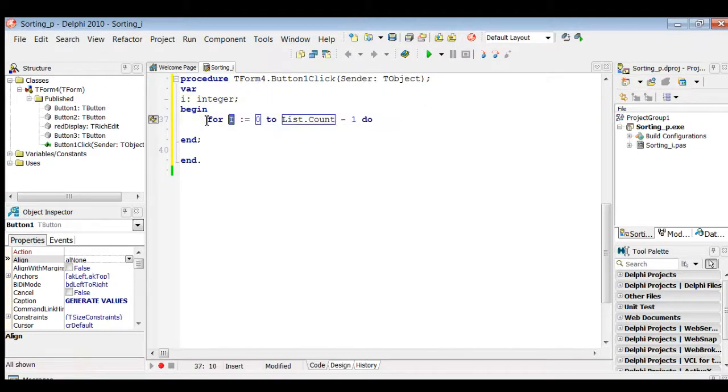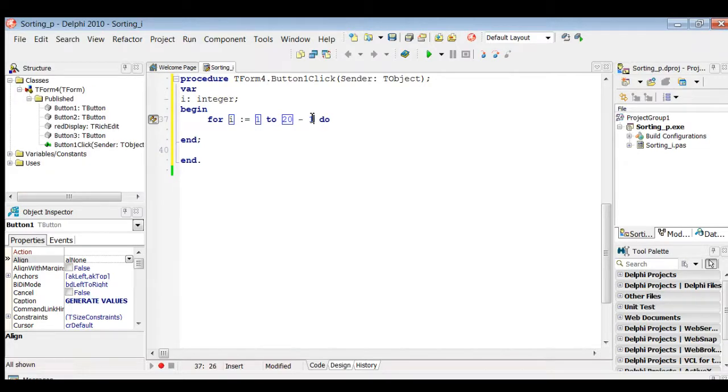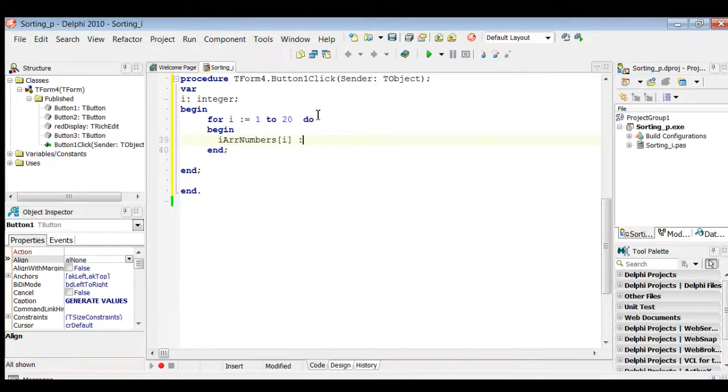I'm going to run my for loop for I is equal to 1 to, would you agree to what? To 20. Would you agree that it will be 20 because we have 20 values that we need to store in this array. Now we want to store the values in this array, so I'm going to call up the array. Remember, it's an array, so it's different from a variable. Obviously, physically looking at it, so we're going to put the square brackets, and I'm going to send in the